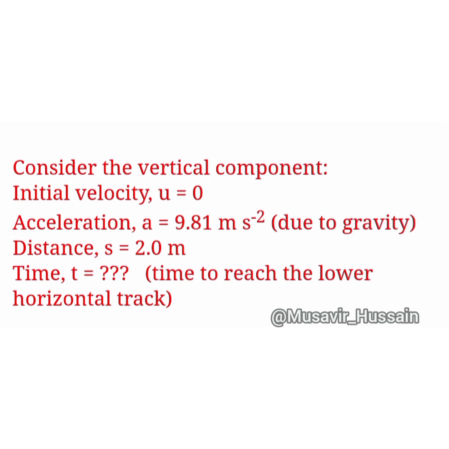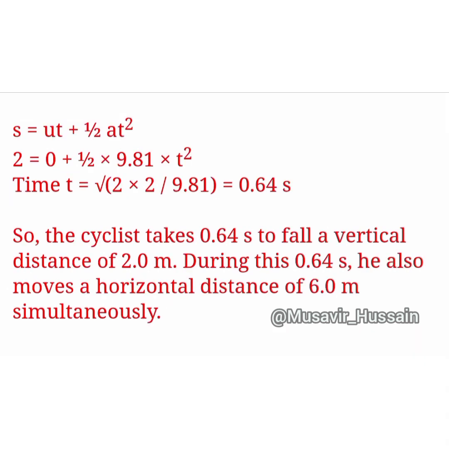Now consider the vertical component. Initial velocity u is equal to 0, acceleration a is equal to 9.81 meter per second squared due to gravity, distance is 2 meters, and the time which we have to find out is the time to reach the lower horizontal track. Now by using the second equation of motion, s equals ut plus half at square, by putting the values s equals 2, u equals 0, and a equals 9.81, we will find the time. The time is 0.64 seconds, so the cyclist takes 0.64 seconds to fall a vertical distance of